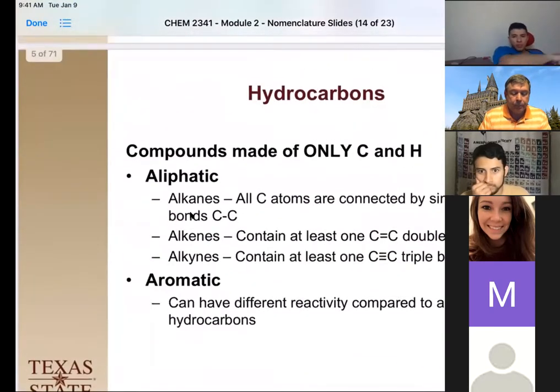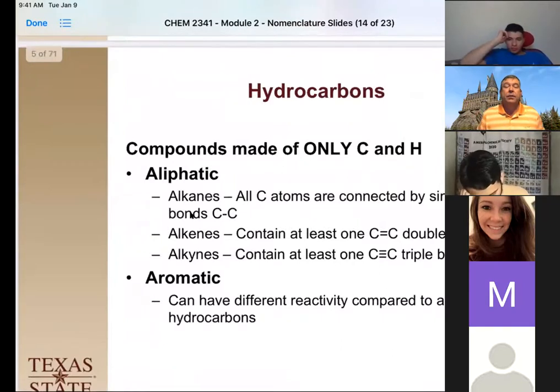Okay, so the first and simplest thing to start with is what we call hydrocarbons. Hydrocarbons are only made of hydrogen and carbon, and that's it, no other atoms. In the case of adding other atoms that are other than hydrogen or carbon, we call those heteroatoms, meaning other than carbon and hydrogen. So occasionally I'll say, then we throw in a heteroatom. That means throwing in a nitrogen or an oxygen or something else, okay? But if I just say hydrocarbon, that means only carbons and hydrogens, okay?